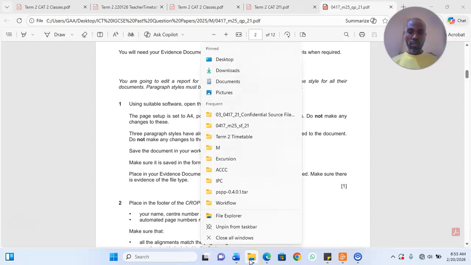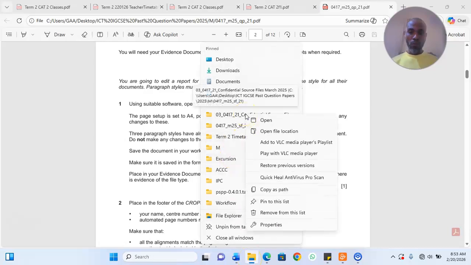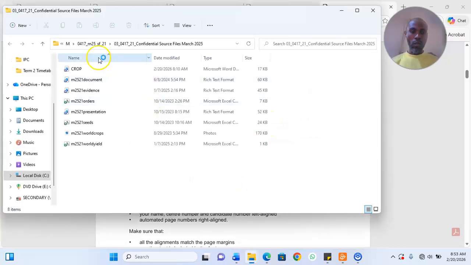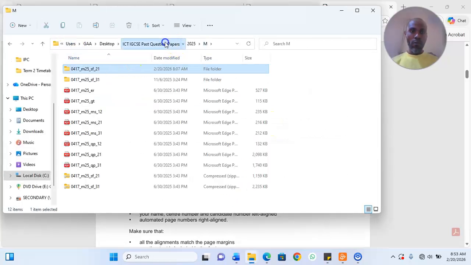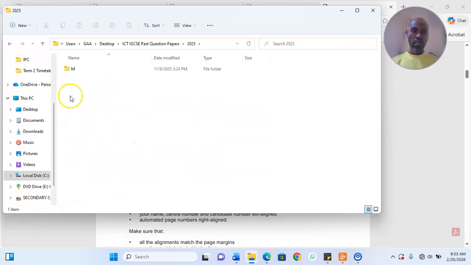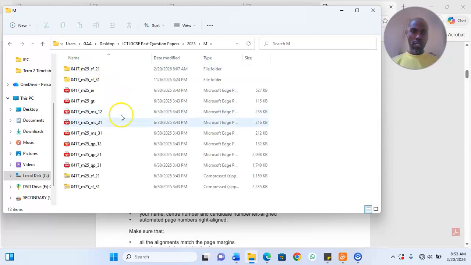All my files are located in a folder. I'll show you where the folder is, in just a second. So I have all my folders here, which I could share with you. If you need it, you can place your request in the comment section. I can share some of these past questions with you. So we're looking at the 2025 past question, the February, March, and the question we're working on is question 2-1. Okay, usually your past questions will come